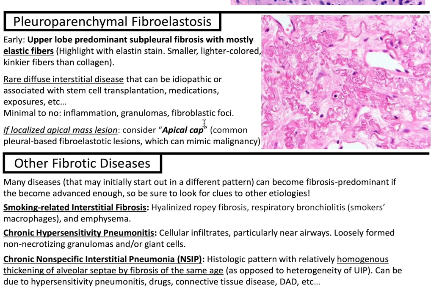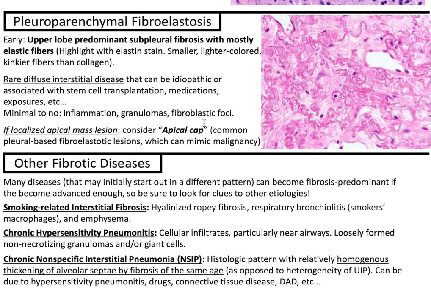Other fibrotic diseases. Many diseases that may initially start out in a different pattern can become fibrosis predominant if they become advanced enough, so be sure to look for clues to other etiologies. Smoking-related interstitial fibrosis, where you'll have hyalinized ropey fibrosis, respiratory bronchiolitis, smoker's macrophages, and emphysema. Chronic hypersensitivity pneumonitis, you'll see cellular infiltrates, particularly near airways, loosely formed non-necrotizing granulomas and or giant cells, and chronic